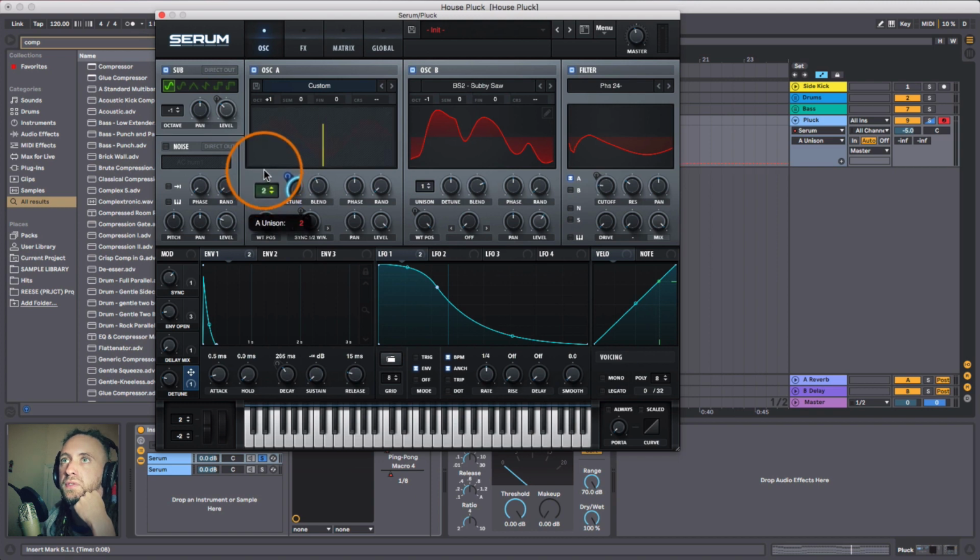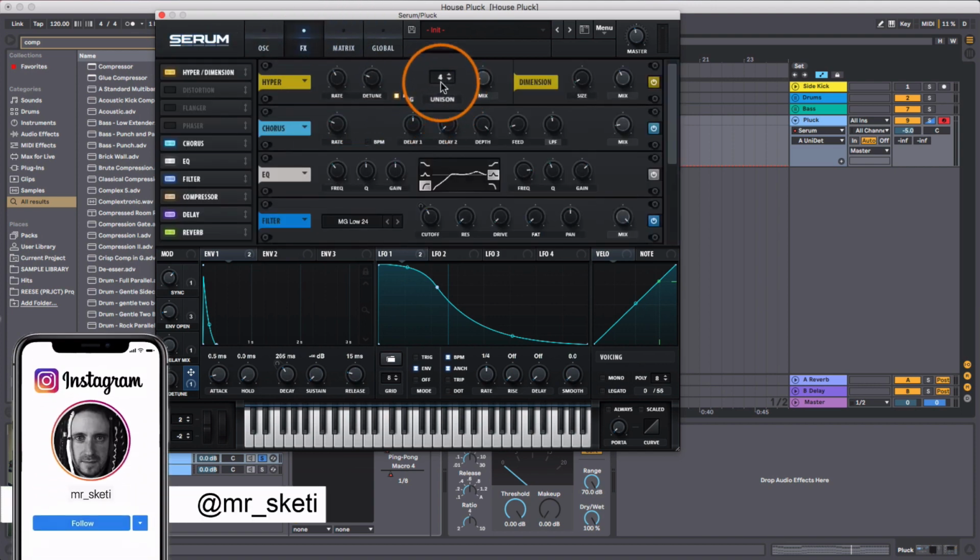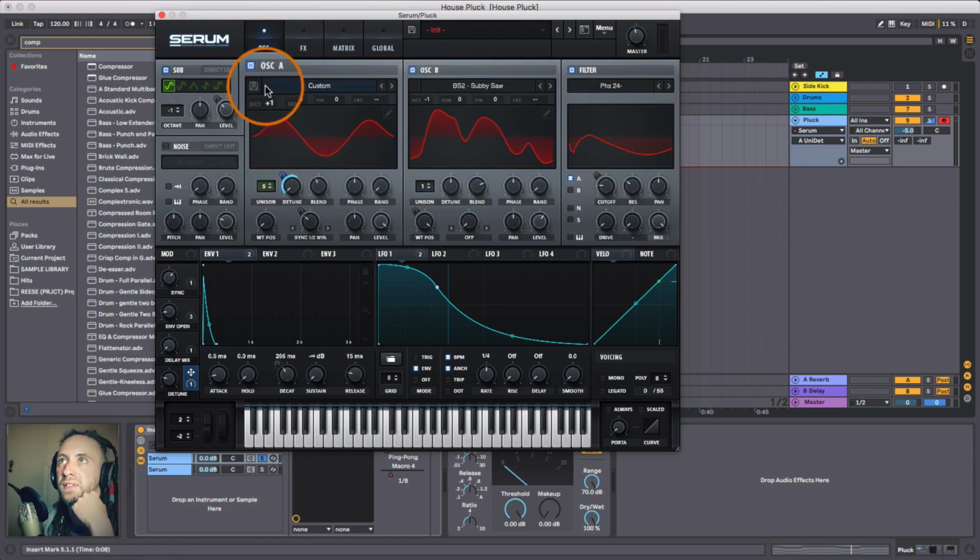But then with that brought up to 5 as well, even though this is detuned all the way down to 0, so there's no detune happening to start with, it still means that 5 plus that 1, 5, 6, 7, and then with the unison in this, another 4, that's 11 sounds playing at once. So that's 11 different waveforms playing at the same time from one synth. So that's why it's causing a lot of CPU usage right now. So that's something just to be wary of, obviously, if you're producing on a computer that's not super powerful,